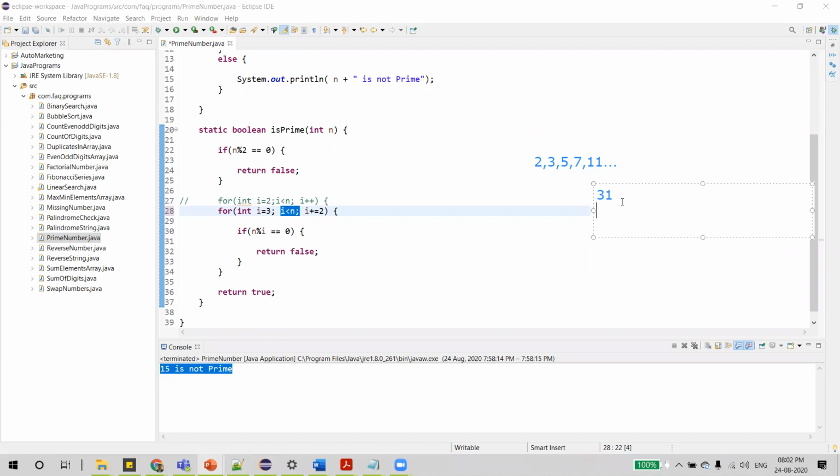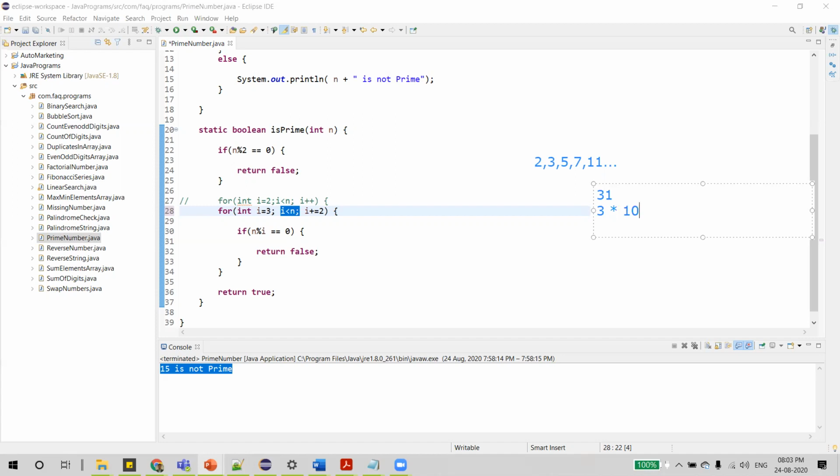That's what we want to verify. In this case, I starts with 3. 3 into some multiple: 31 divided by 3 is 10, so it has 3 into 10. The multiple is 10 here.